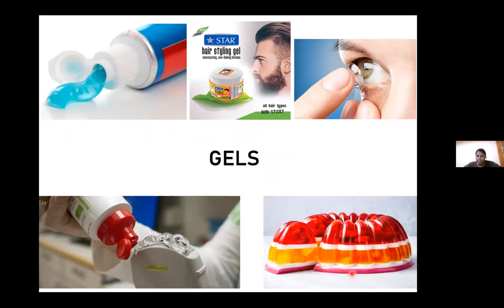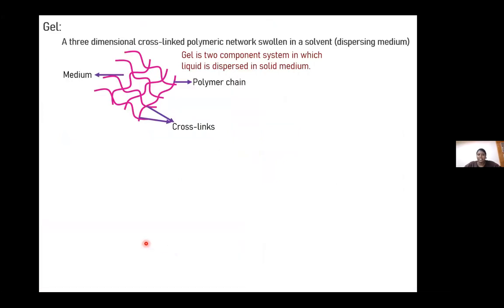The second topic of interest in this is gels. I hope many of us come across gels every day, like toothpaste, hairstyling gels, silicone hydrogel, jellies, and the ultrasound conducting gels. So what are gels? Gels are three-dimensional cross-linked polymer networks which are dispersed in a medium. If this medium is, for example, water, then we get hydrogels. And here in this picture, you can see these junctions where the polymer chains link; they are called the cross-link points. If we have the medium as water, it is a hydrogel.